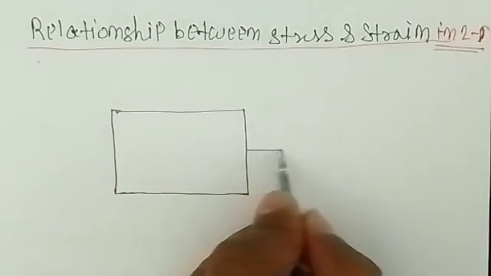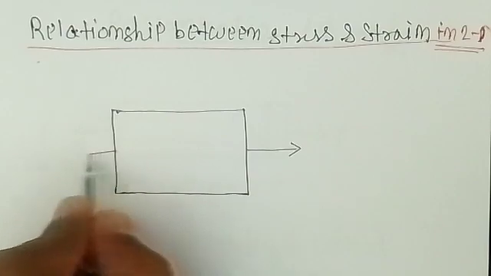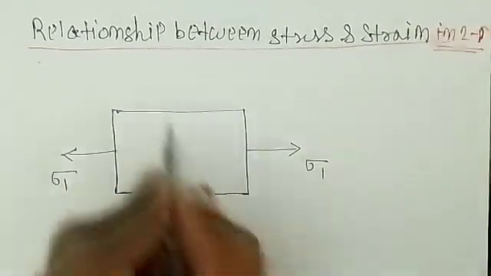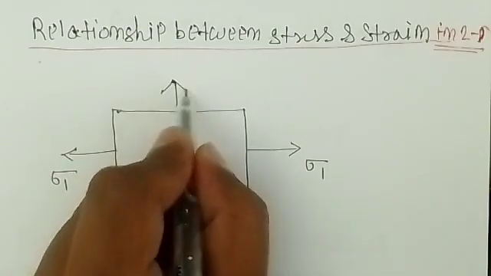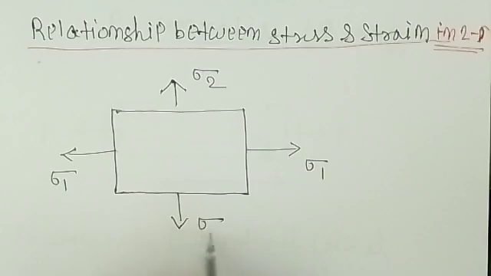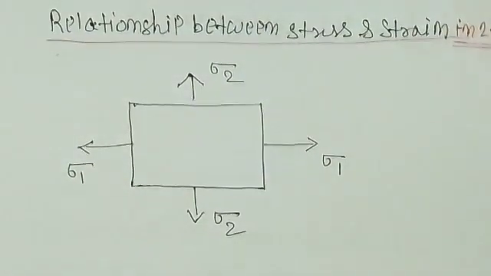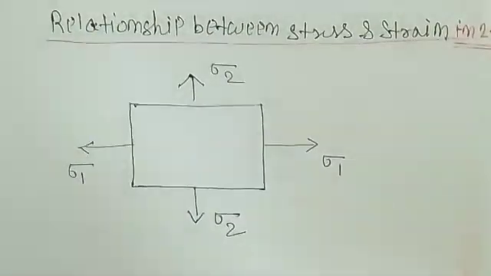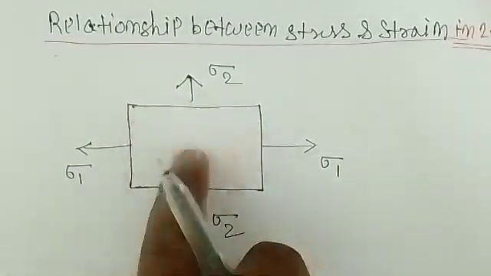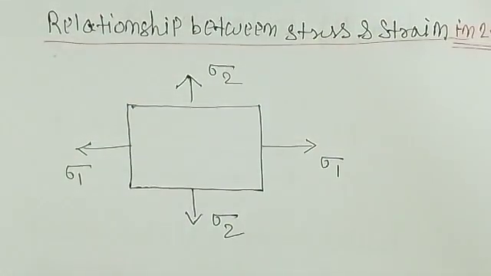On the x-axis, the stress is induced, which we consider as sigma 1, right? And on the y-axis, the stress is induced, which is sigma 2. So these are tensile stresses. Why? Because you can see it is pulling in nature, right? So sigma 1 and sigma 2 are the stresses on the x-axis and y-axis. Let's say that whatever body or section we have chosen, its Young's modulus is E,